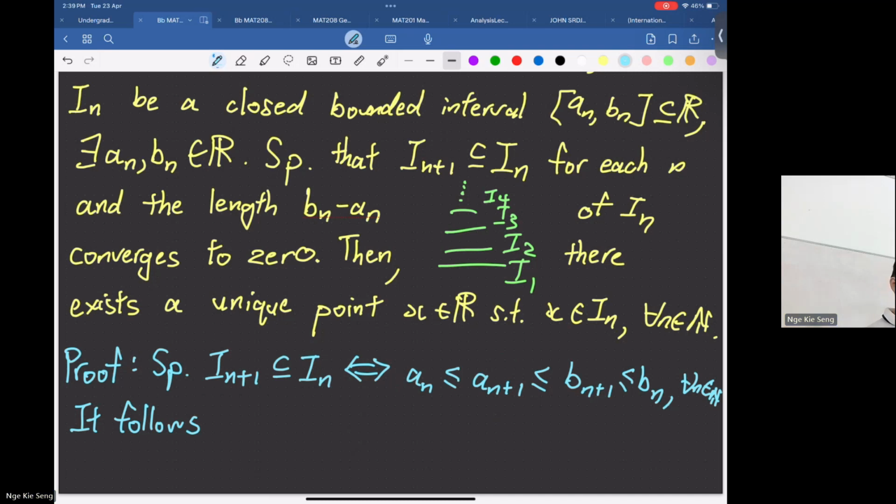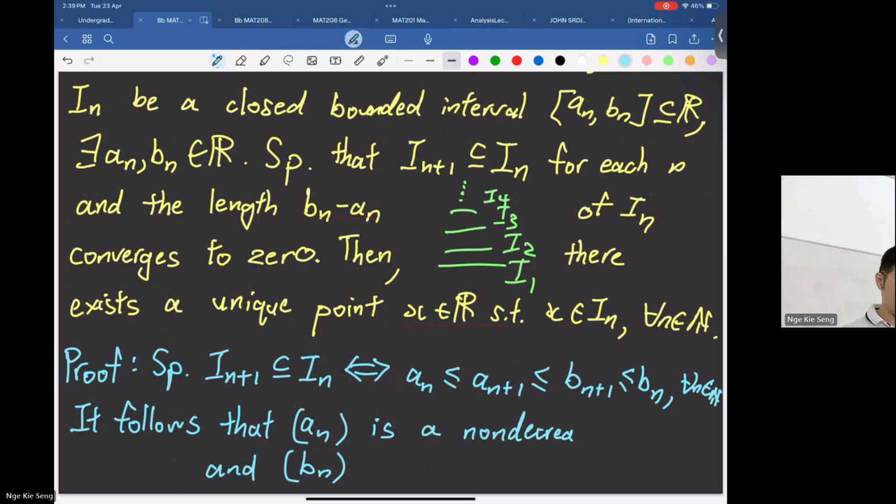Meaning what? An forms a sequence, bn forms a sequence of what? What sequence is this? An is less than or equal to an plus 1. The next term is always greater or equal to the previous term. So this is a what sequence? Yes, this is a monotone. More precisely, it is a non-decreasing sequence.